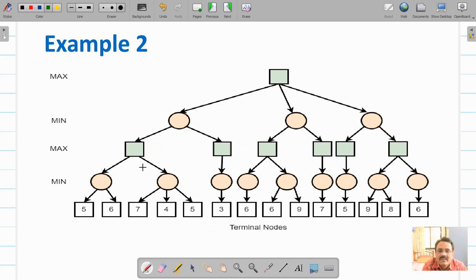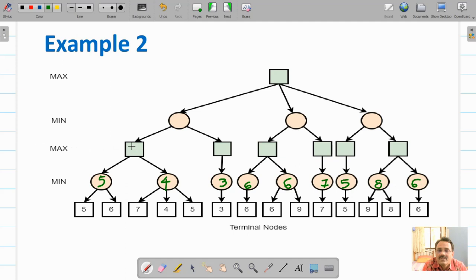Minimax would have evaluated all these nodes. Minimum of 5 and 6, 5. Here minimum of this 3, 4, 3 as it is, 6 as it is. Minimum of this 6, 7 as it is, 5 as it is, 8, and here 6.